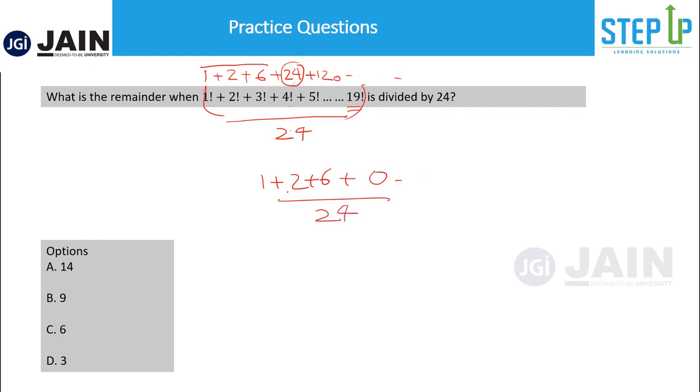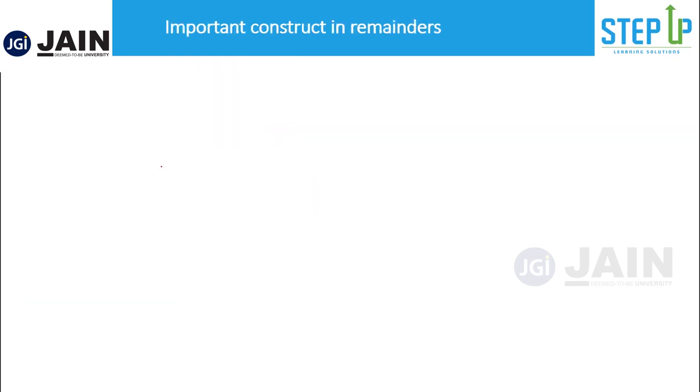That means 6 plus 2, 8 plus 1, 9. That means 9 upon 24. So obviously what is our remainder in this case? 9. This was extremely easy, but it required some observation. So instead of getting scared after looking at factorials, you just have to figure out what is the logic here. Okay. So now that you've understood a few properties of remainders, let's discuss one problem type which you will see